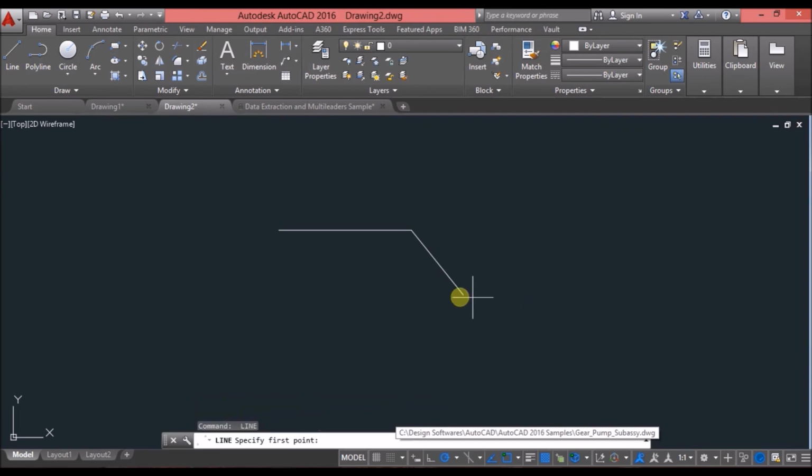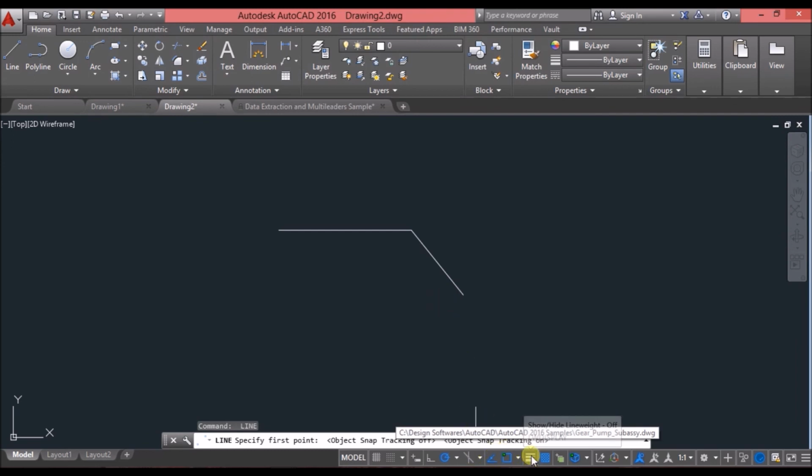But also, if you want to track lines, suppose you want to draw a line exactly in the horizontal direction of this endpoint, what you will do is first place your cursor on it. Do not click, just place your cursor on that endpoint and drag your mouse in the desired direction, and it will track in exactly the horizontal or vertical way as you want. This will only work if you have clicked on this one. If it is not on, it won't track anything.